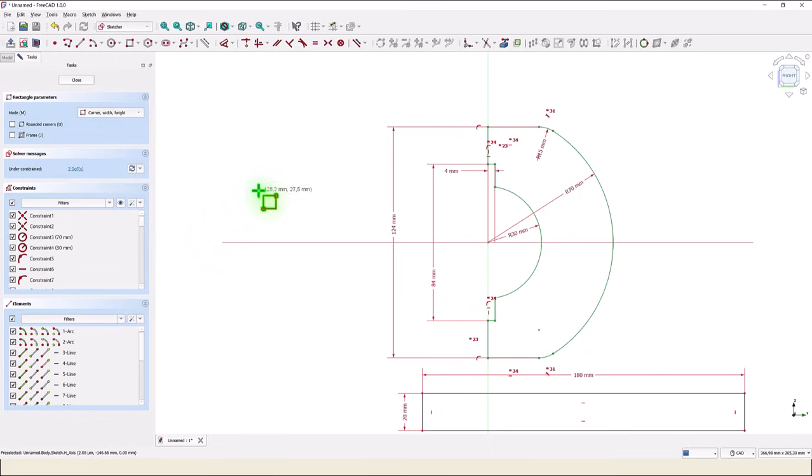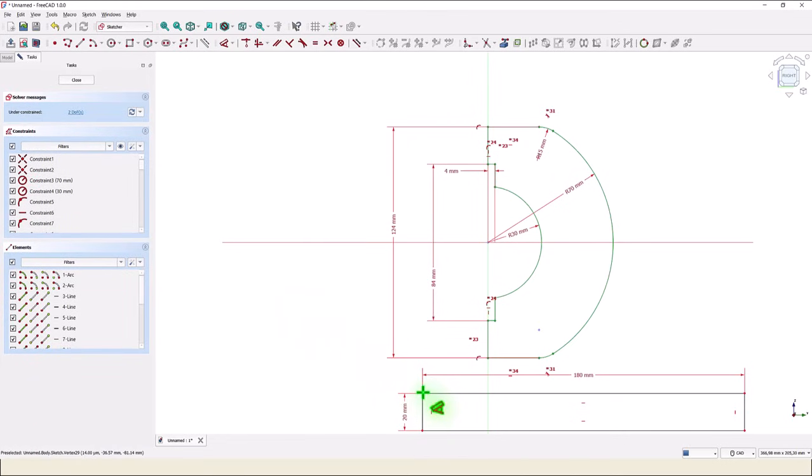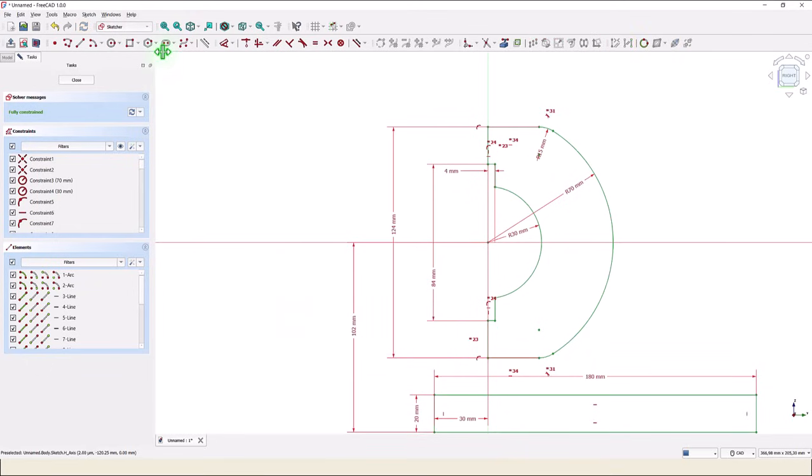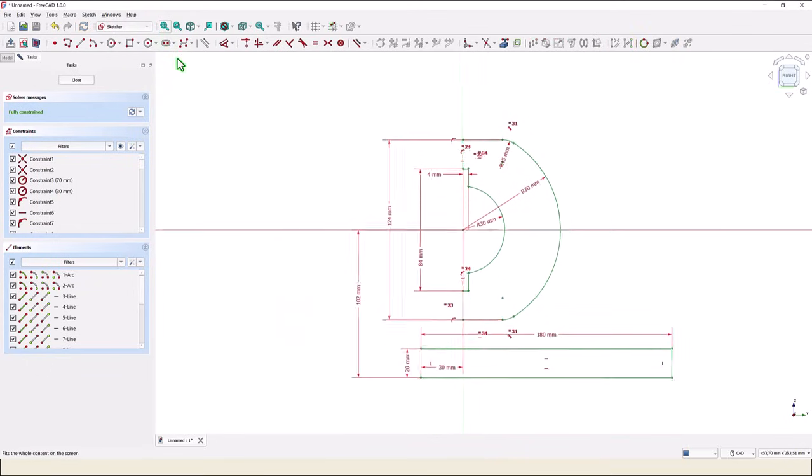Dimensions are 30, this is 30, and the distance from the bottom to the center is 102. Now we have